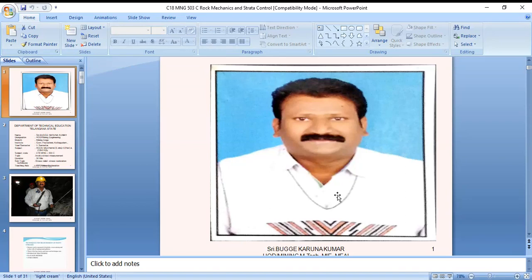Today we are going to learn about in-situ stress measurements. In earlier lectures, you are all aware of the samples collected from the underground mines, the core recoveries, and the preparation of samples that are put into the UTM to take the universal testing under pressure, measuring the different tensile, compression,